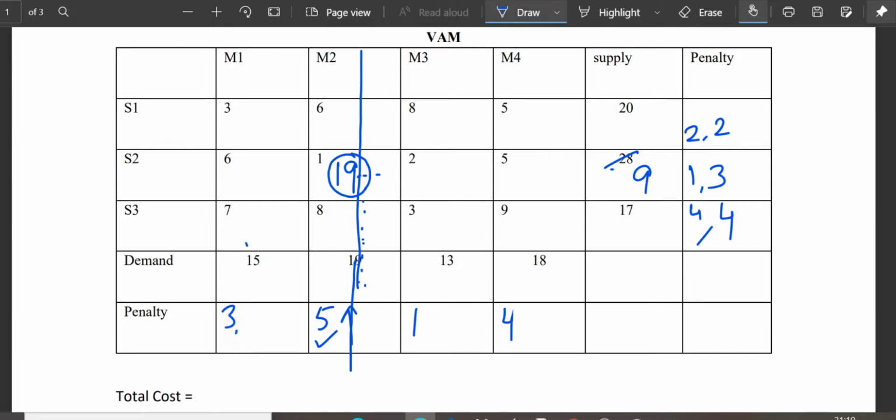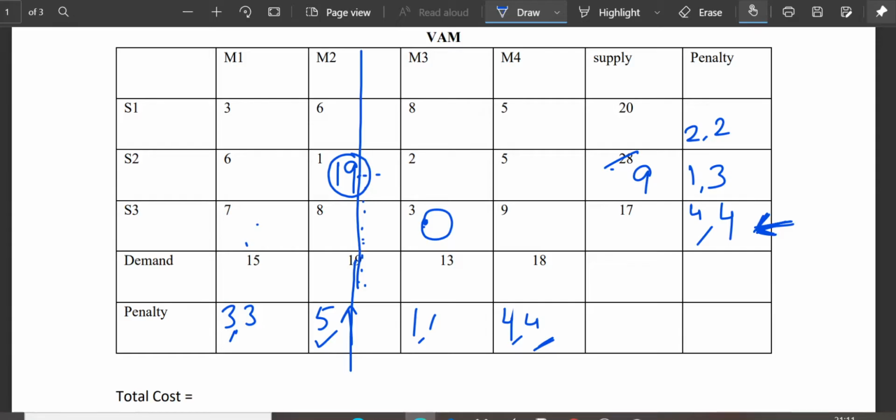And the penalties on this side will not change because there is no cutting over here. You know that parallel changes come. So out of these penalties, choose the largest one. I have this 4 and this 4 as the largest. Consider both. Suppose I consider this 4. If I consider this 4, I will move in this S3 and find out the minimum cost cell, that is this 3, because out of 7, 3 and 9 in this row, I have minimum element as this 3.